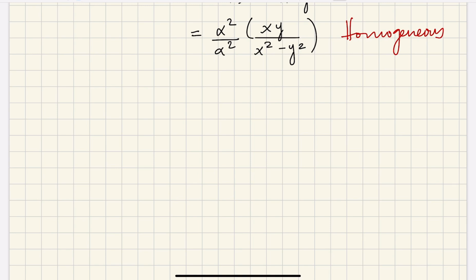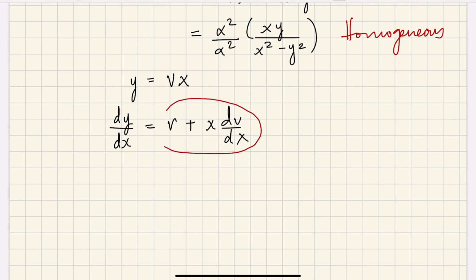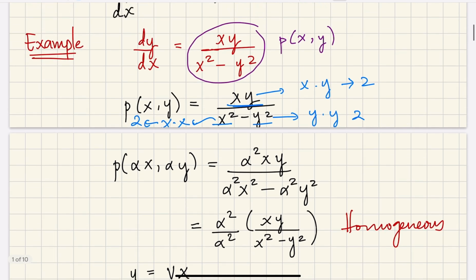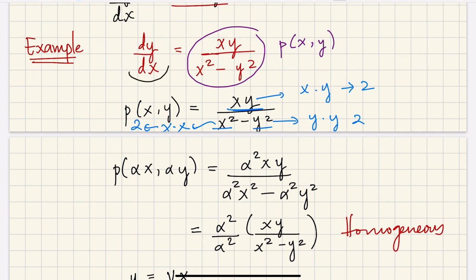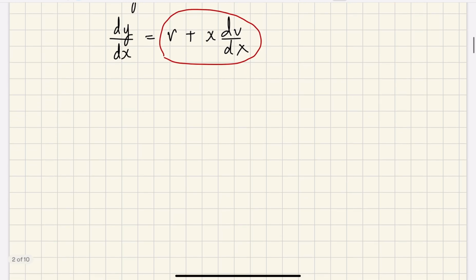So for our substitution, we have y is equal to vx. So dy over dx is this, as we've said above. Now I'm going to substitute this for this. Then I have